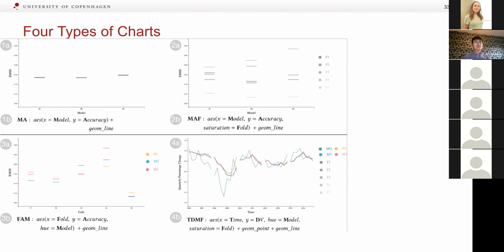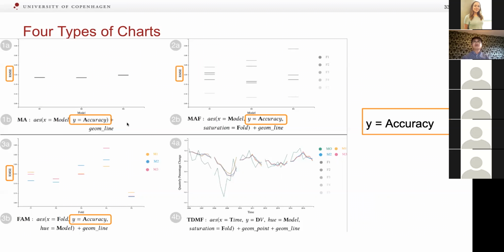First, we performed an analysis of all the charts used in the second stage for time series models. 4 types of charts were summarized for evaluating models' forecasting ability. Assume that we got 3 model candidates from the first stage. And this figure shows the accuracy of these 3 models and their corresponding syntax from different perspectives. 1A, 2A, etc. stand for the charts, and those labeled with B stand for the grammar of each individual chart.